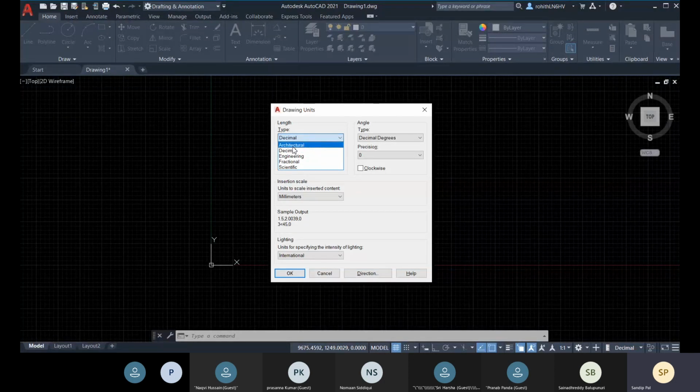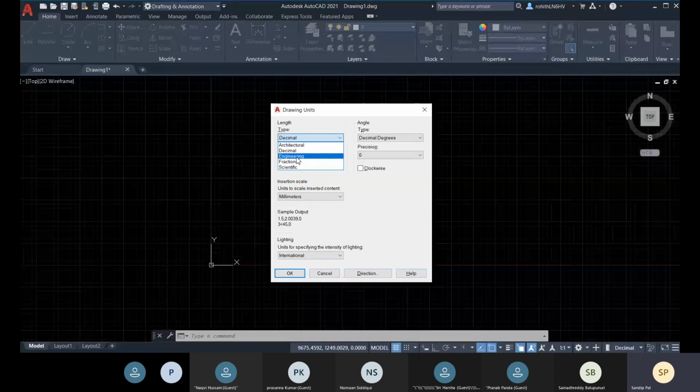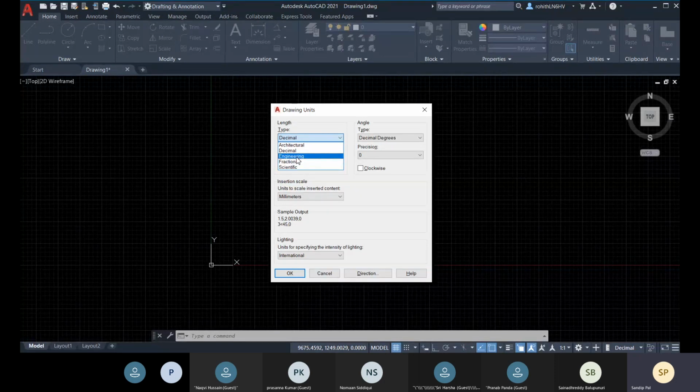If you go for architectural, this is like fractional inches, fractional feet and inches. If you go for engineering, you are defining feet and inches, the same unit, but here it will not be a fraction. Here it will be decimal, after the point you will get the values.